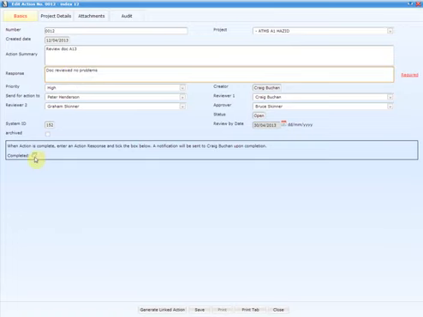And what I can do then, as what we call the actionee or the action owner, is tick this box that says complete and save it. Now, if we look at the review stages, reviewer 1 is a guy called Craig Buchan, reviewer 2 is Graham Skinner, approver is Bruce Skinner. Now, what's going to happen here, when I save this action,